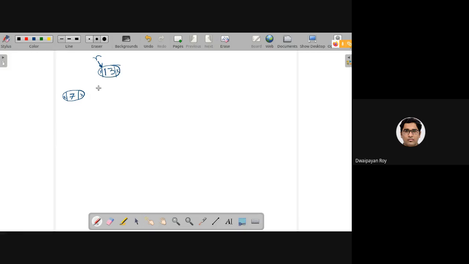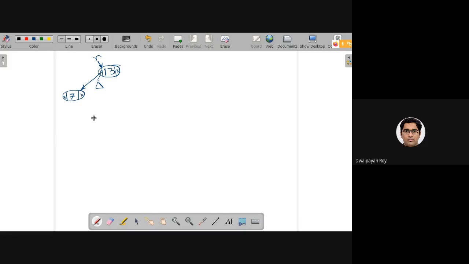Now we will need to check whether 7 is less than 13 or not. Yes, it is less. So we need to go to the left subtree of this. But the left subtree is containing null. So whenever we encounter a null, note my word, we will be changing that null to point to the newly added node.